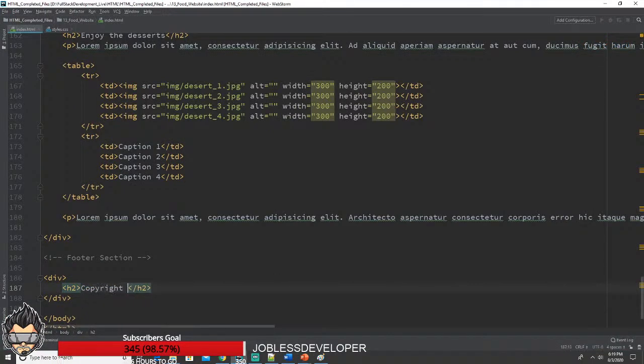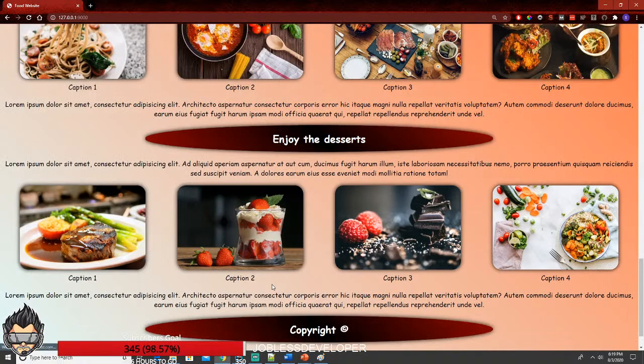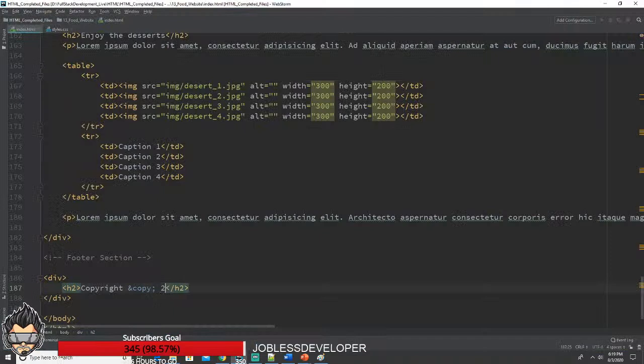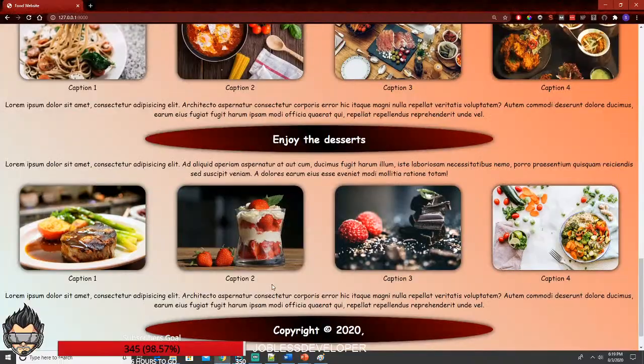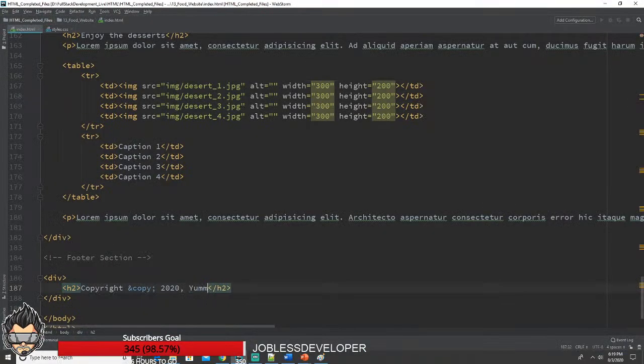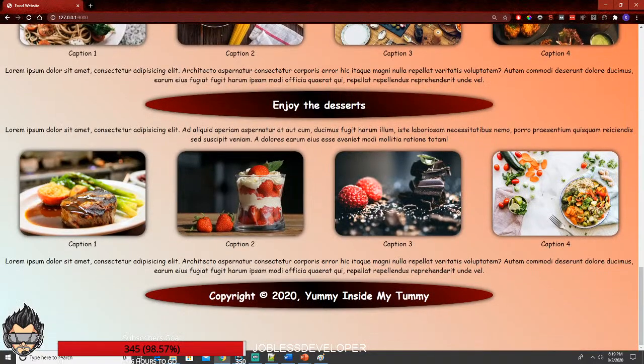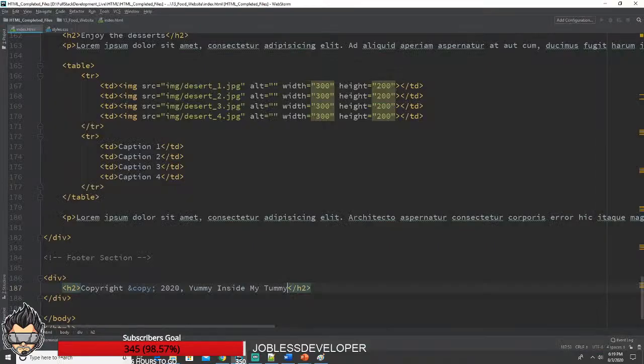copyright, and these HTML entities we learned, right? Ampersand copy will be for copyright, C, 2020, comma, let's say, yummy side my tummy. It's good, right? We say this is the copyright, and beneath that what we say, all rights reserved, like just